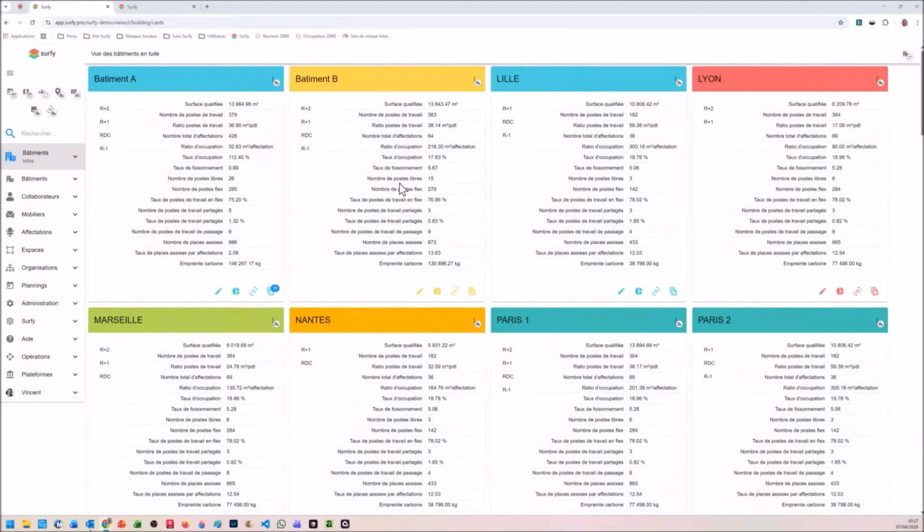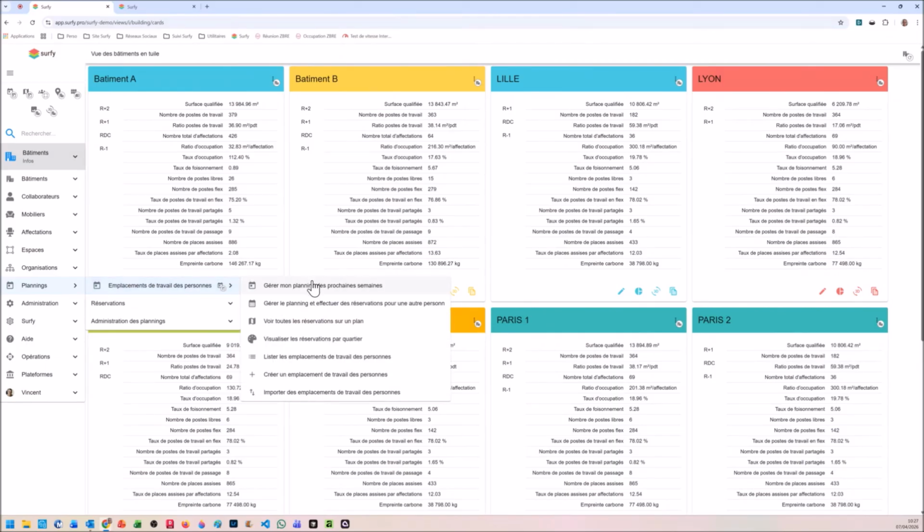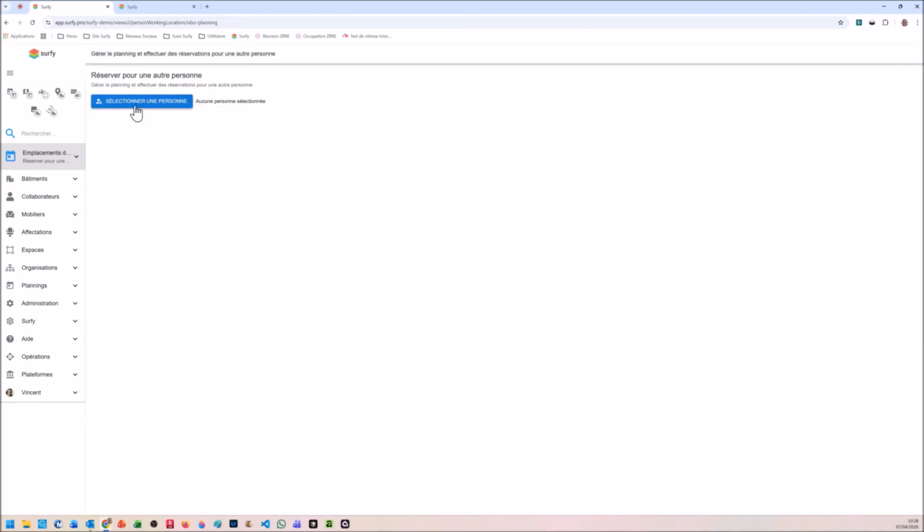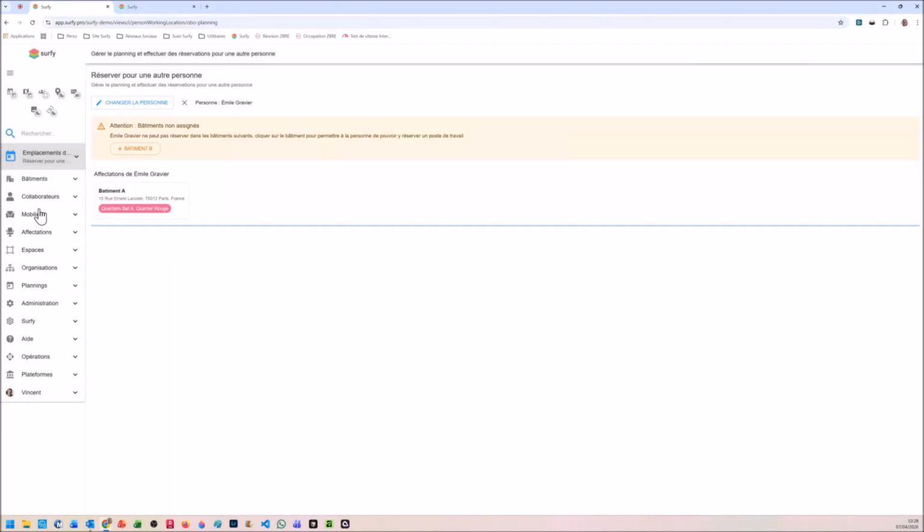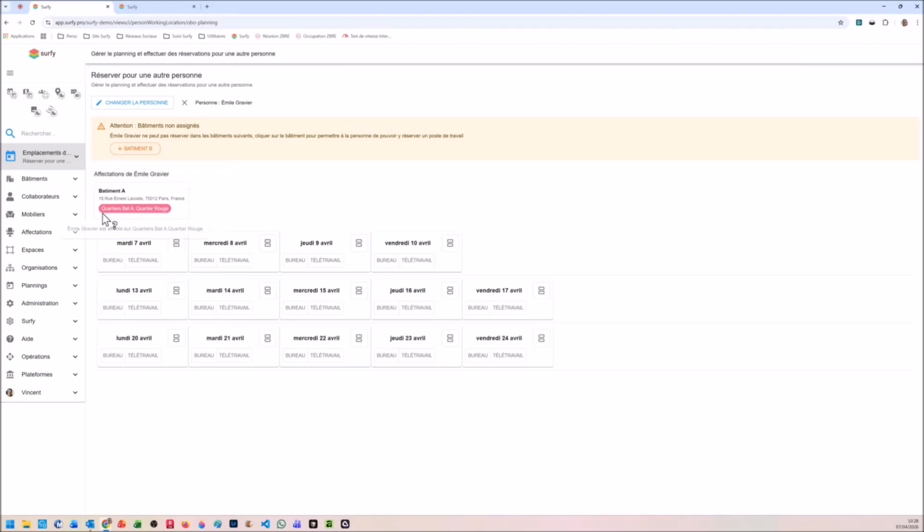To make a reservation for someone else, you must already have the option that allows you to access the planning, the workspace locations of individuals, manage the schedule, and make reservations for another person. Here, we will be able to select the person for whom we need to make a reservation. Emile Gravier, for example. Emile Gravier is assigned to building A, red area, so I can directly book for him